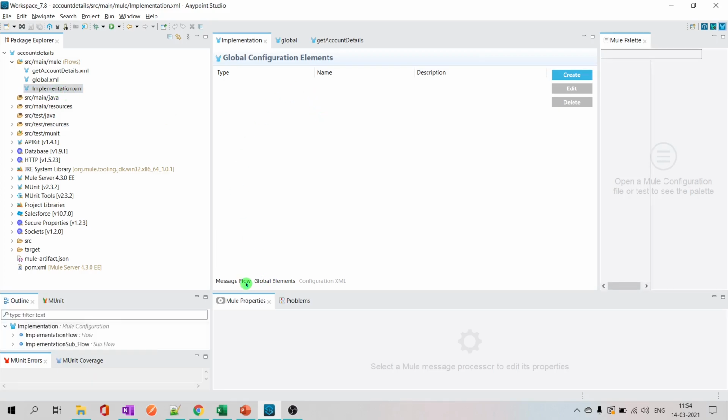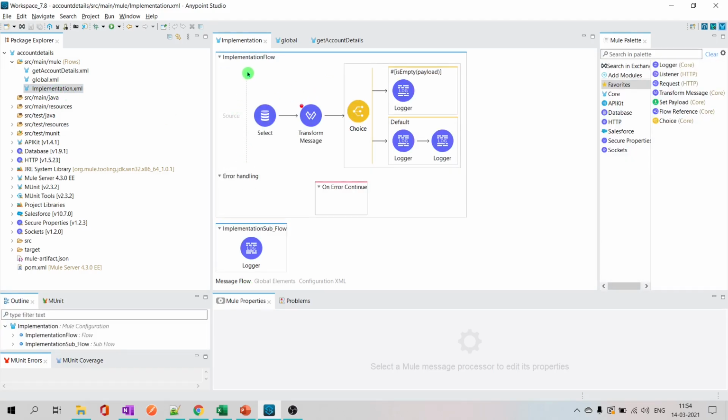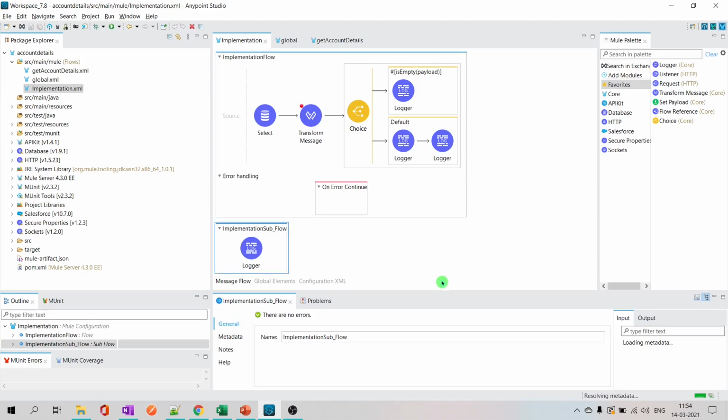And there is always a debate, like how many flows you should have. You may have a separate flow for some other logic implementation. There are two things you should remember. There is a concept called fine-grained and coarse-grained. Fine-grained means having a small section of logic implemented in one flow. That is called fine-grained flows.